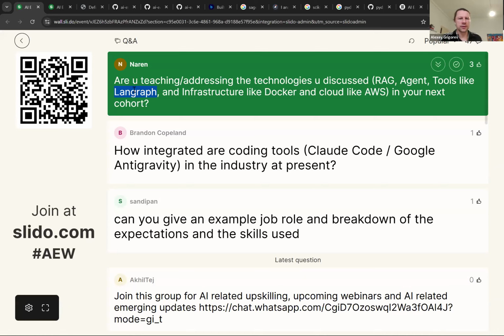LangGraph is, I think, from LangChain, for multi-agent interaction. This is something I also plan to cover. But again, this is not the main focus. For me, things like LangGraph and multi-agent systems may sound very fancy and cool.